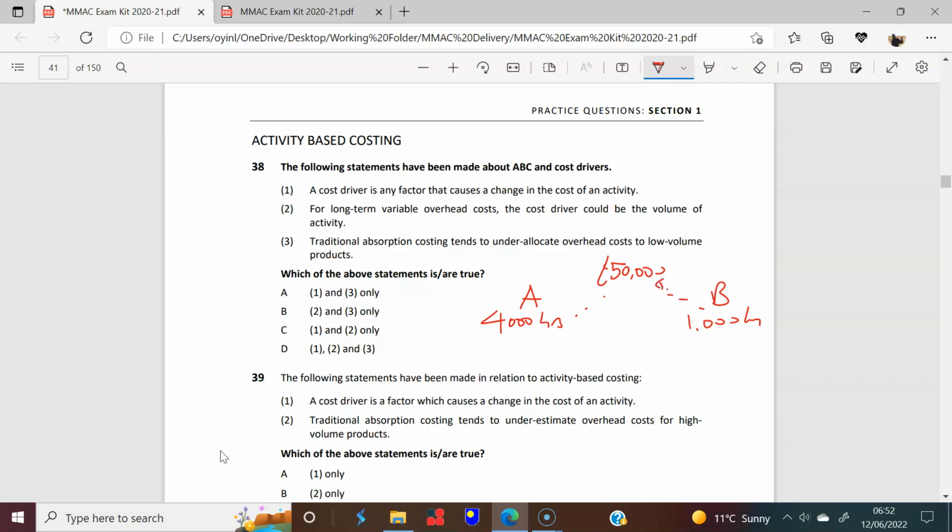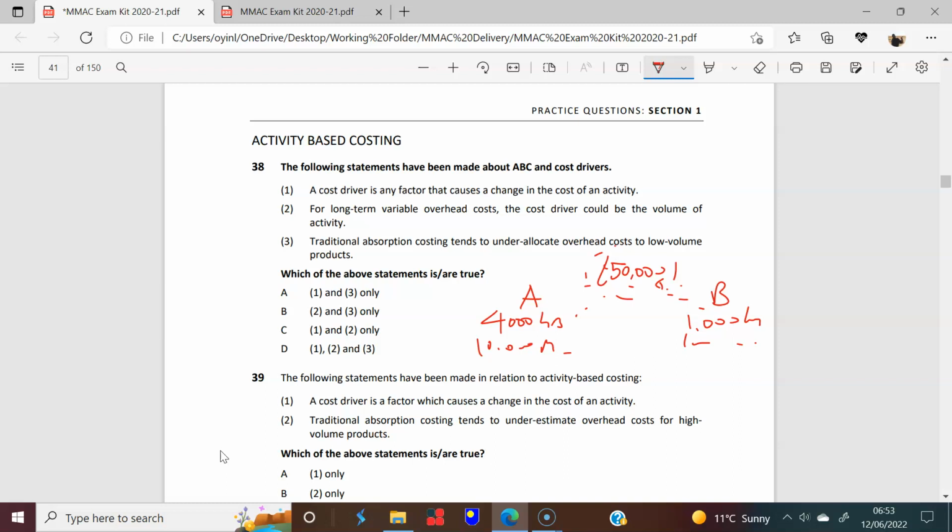That's the key point. The problem here is, what if you have a really high cost that's not driven by volume per se, as in volume of hours or the traditional volume as we know it, volume of machine hours? You could have 4,000 hours, you could have 10,000 machine hours, same thing here, but this 50,000 is not caused by that. It could be caused by a completely different type of overhead. You could still have hours, but it's just not driven by hours, which means you will end up sharing this